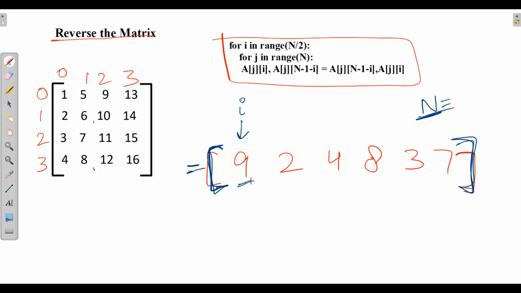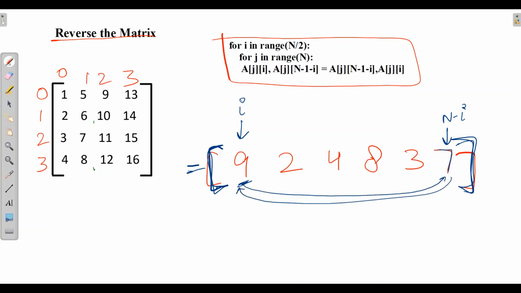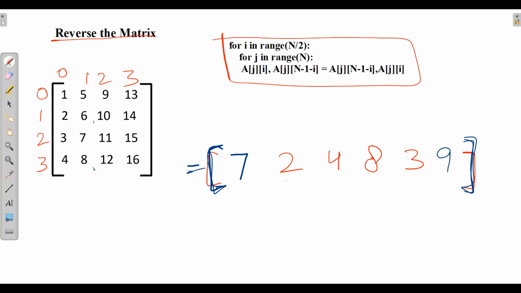If my first element is i, I can say the last element is total elements minus i. So we will swap these two so as to reverse the array. After reversing, we got 7 and 9.